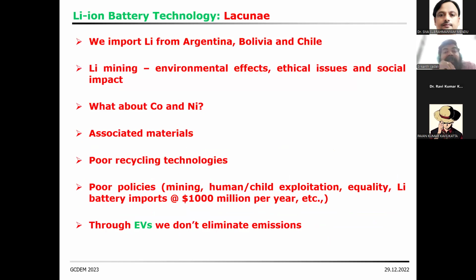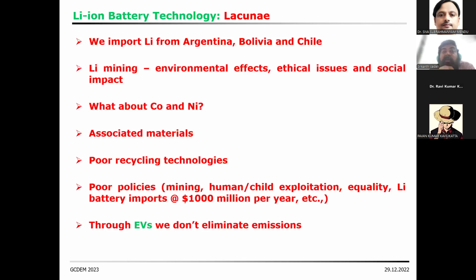And if you go and see Bolivia, the country called Bolivia, human exploitation. You know, the governments there are so weak. The powerful countries, the socio-economically powerful countries like US, China, India, they actually live on the lithium from Bolivia, because the other countries don't have lithium. Maybe China has, but they still want to use lithium from Bolivia.